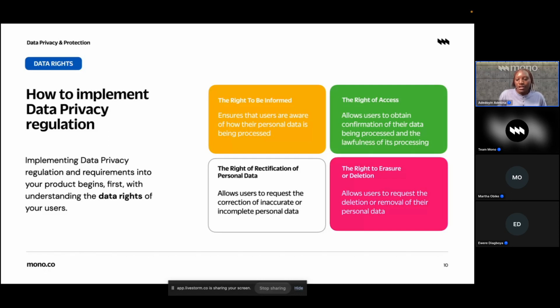And then finally, the right to erasure or deletion. So this is the popular right. I think when it came out in the GDPR, everybody was quite excited about it. It's the right to be forgotten. So this is the right that allows individuals to request for the deletion or removal of their personal data from your platform. Back then, I don't want to say the 1990s, but earlier, before advancement in information technology, any business that had your information had it. You could die, your grandchildren could come on the platform, but they would always have your information.